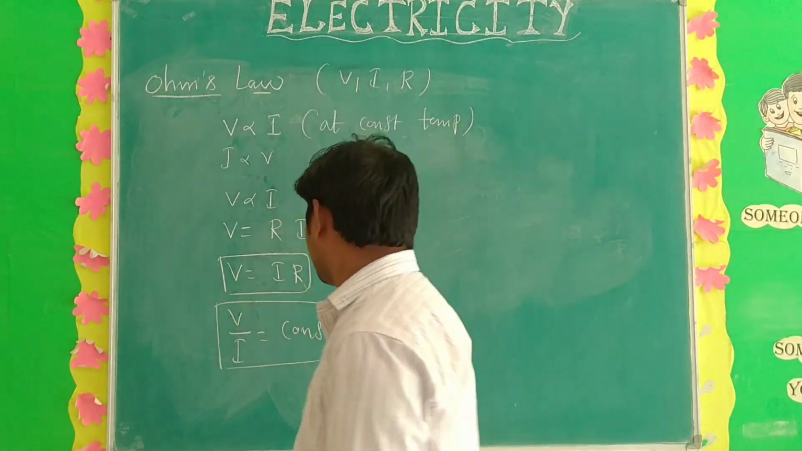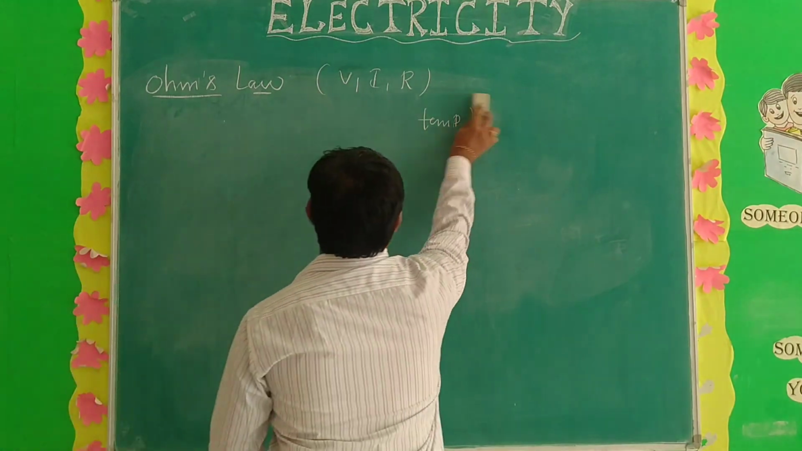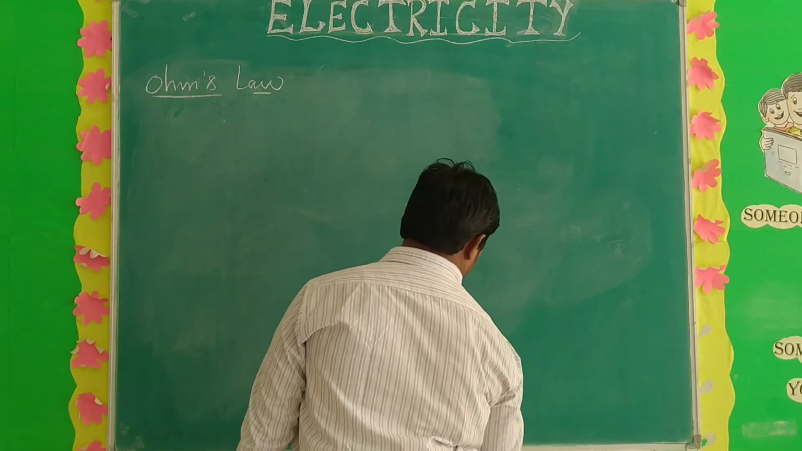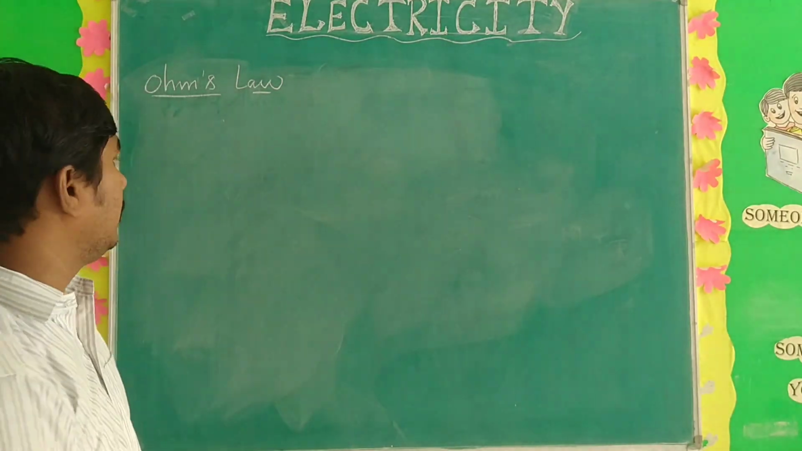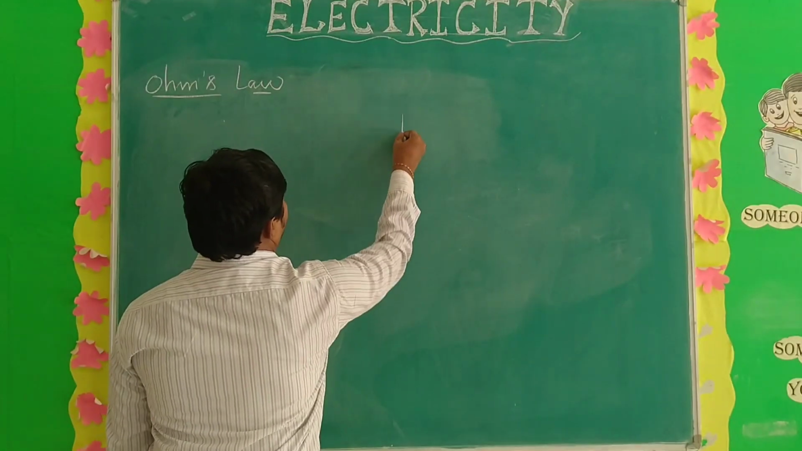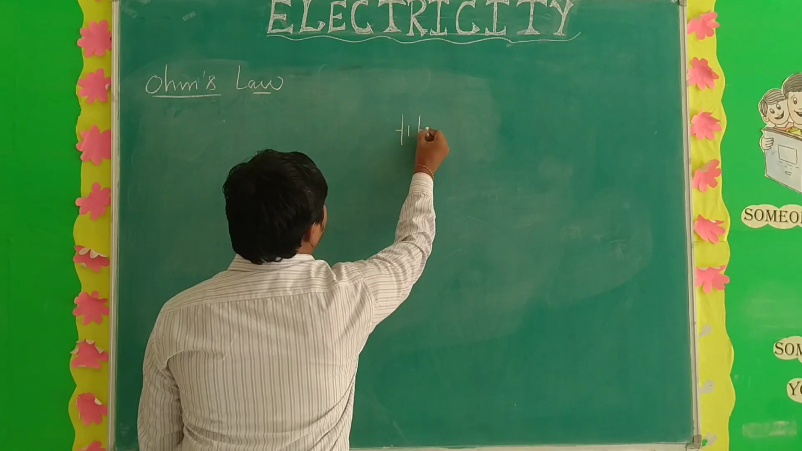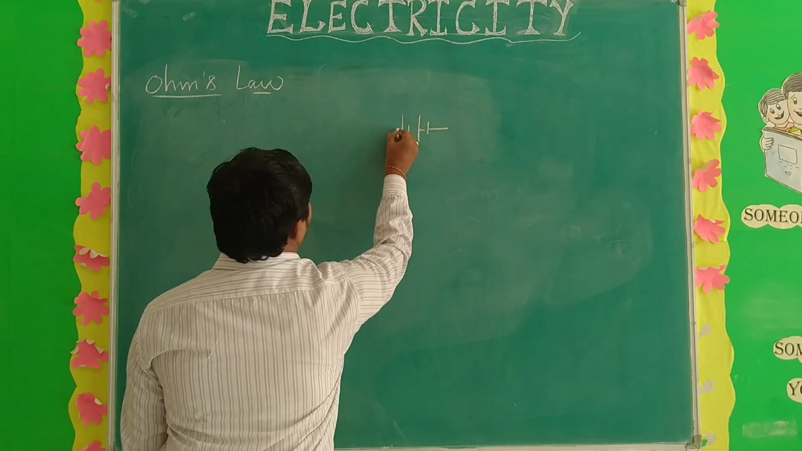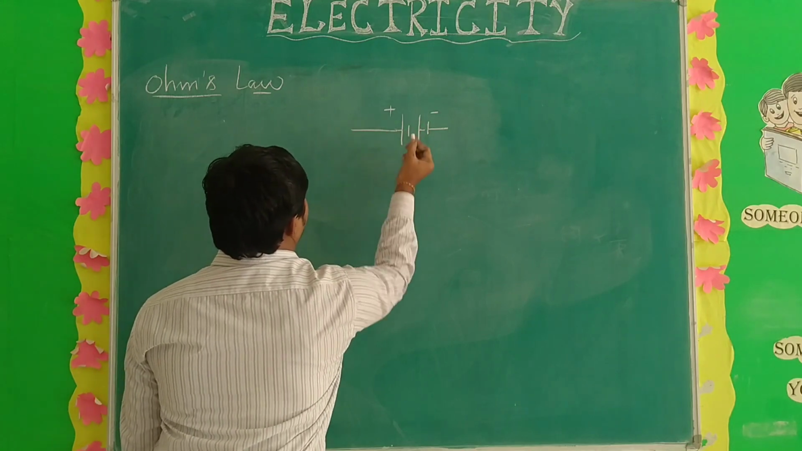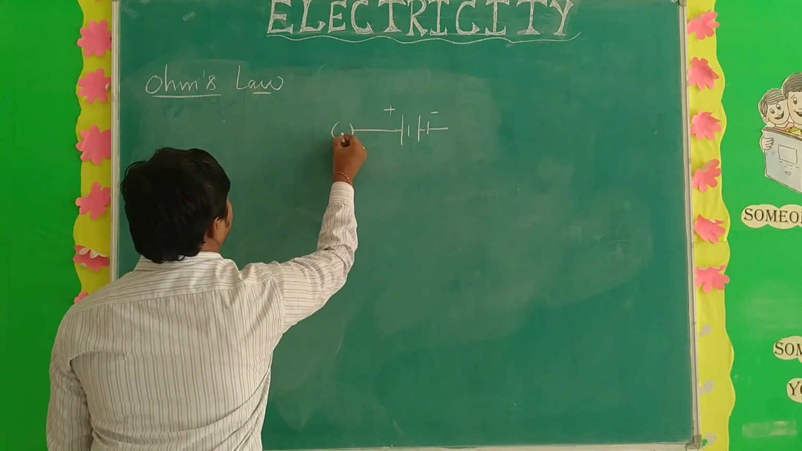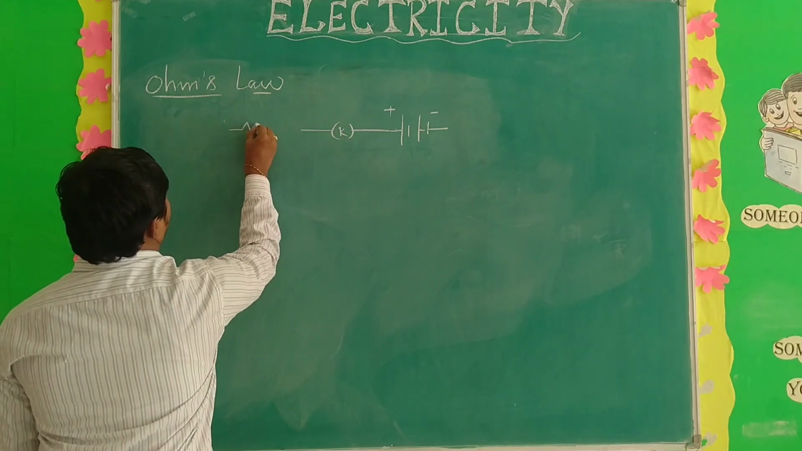See here. How do we do the Ohm's law experiment? First, take the battery, with positive and negative terminals. From the battery, connect to a key. After the key, connect to